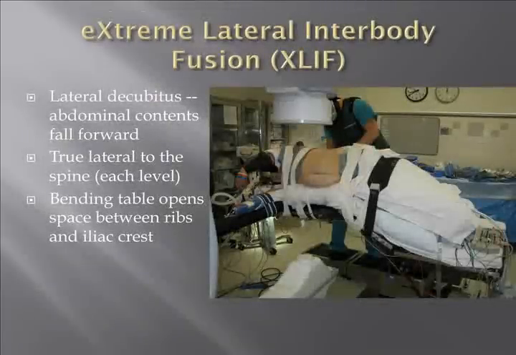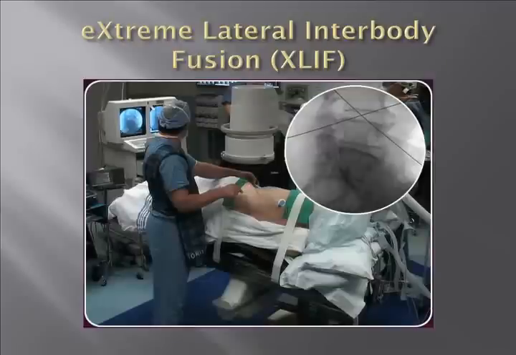The way the surgery is performed, the patient, after being placed under general anesthesia, is positioned on their side in the operating room, and then the table is bent to allow for the ribs to separate from the iliac crest. This allows for visualization and space for the surgeon to work in. Under X-ray guidance, the disc is marked, and